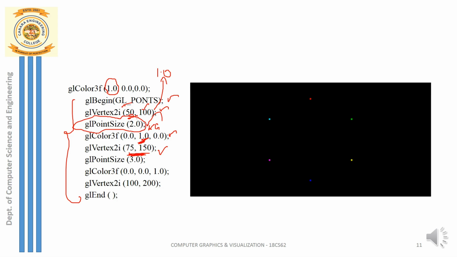Whereas the second vertex that I'm going to draw has the size 2 and the color for that point is green. Now the third vertex that I'm going to draw is going to get a color blue, and the size of that particular point is triple that of the first point, so it is 3. So I am displaying 3 points by specifying suitable attributes, that is size and color.